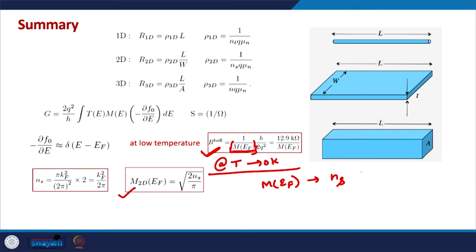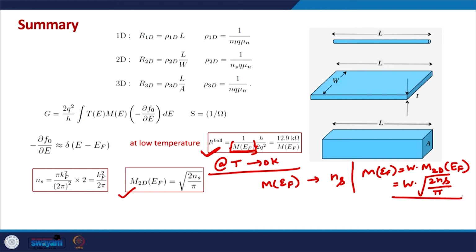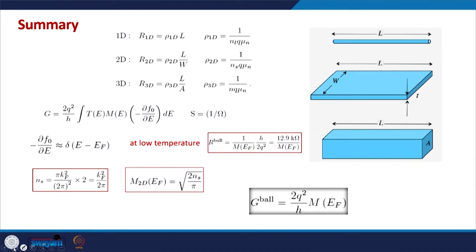So, the M(EF) value can be written as W times M2D(EF), where M2D(EF) actually turns out to be square root of 2 ns by pi. This we saw from our previous discussions, and finally this is the conductance that we obtain, and by putting an appropriate value of M(EF) we obtain the